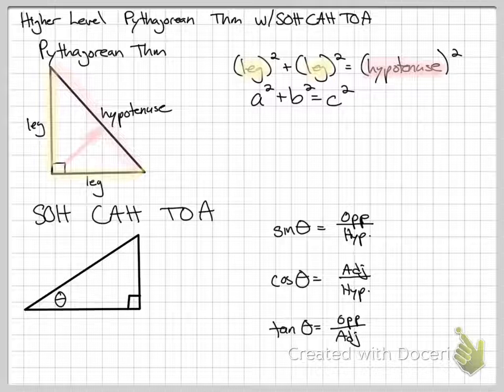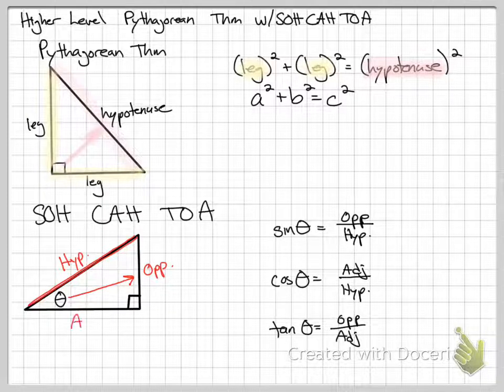Then down below, we're reviewing SOHCAHTOA. It stands for sine is opposite over hypotenuse, cosine is adjacent over hypotenuse, and tangent theta is opposite over adjacent. Remember, it depends on where theta is. If you draw an arrow all the way across the triangle from where theta is, that's the opposite leg. If you find your hypotenuse, just like in Pythagorean theorem, the slanted one across from the 90, that's the hypotenuse,